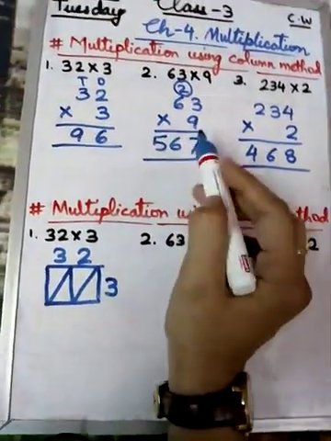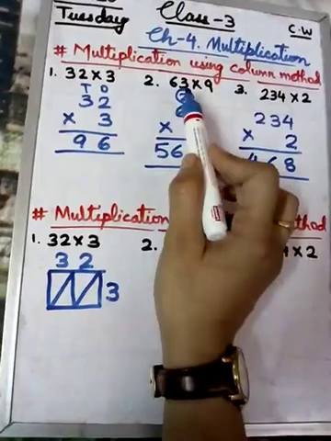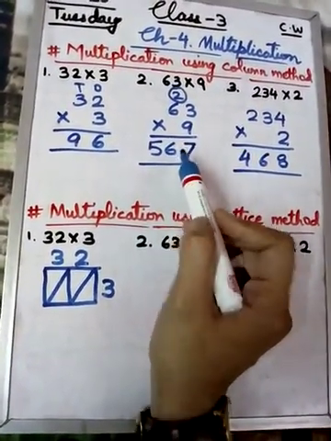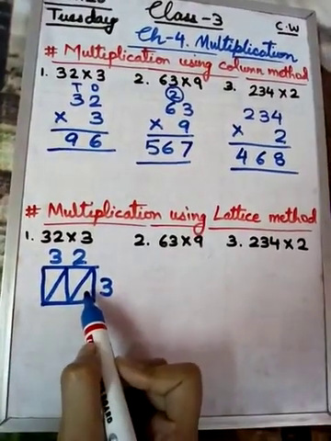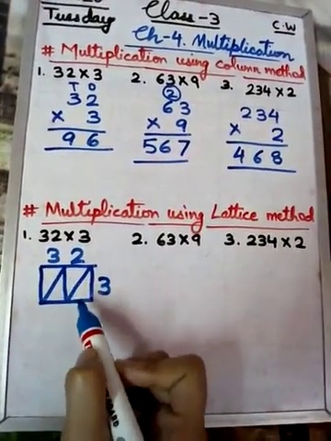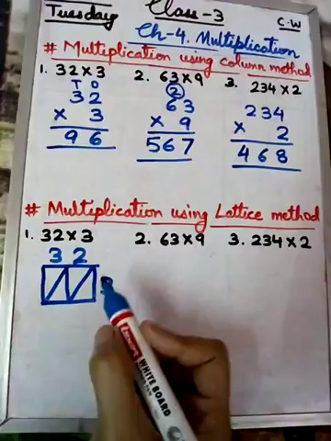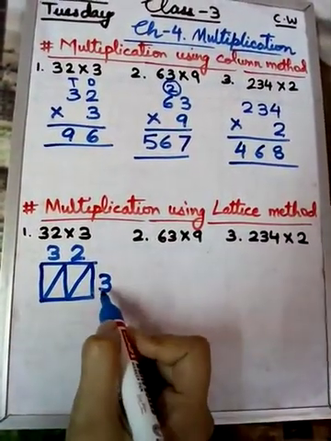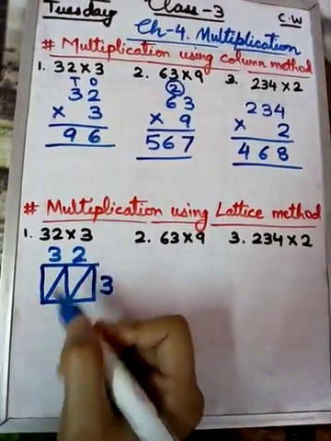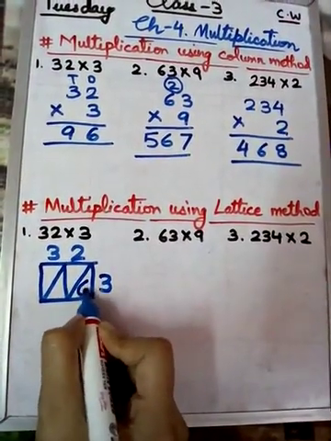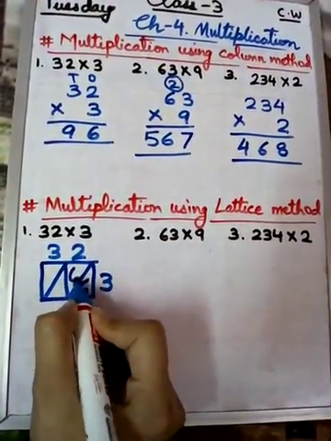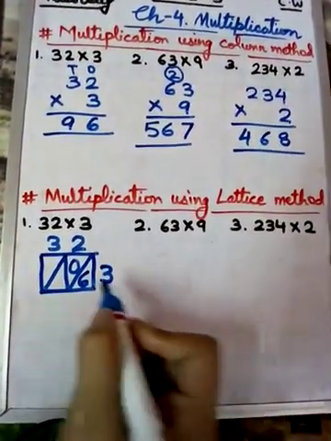When you are multiplying here, we need to write the carry. Why did we have to write the carry? Because we cannot write 27 here. But here you have space for the ones place as well as the tens place, so you will write both here. How? 3 2s are 6. Now I have written 6 in the ones place. What will we write in the tens place? Nothing. Nothing means 0.